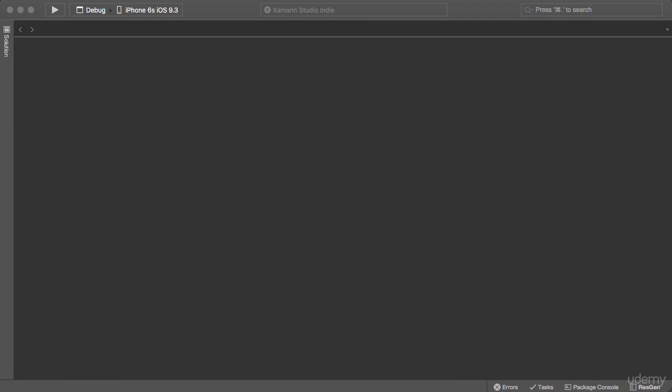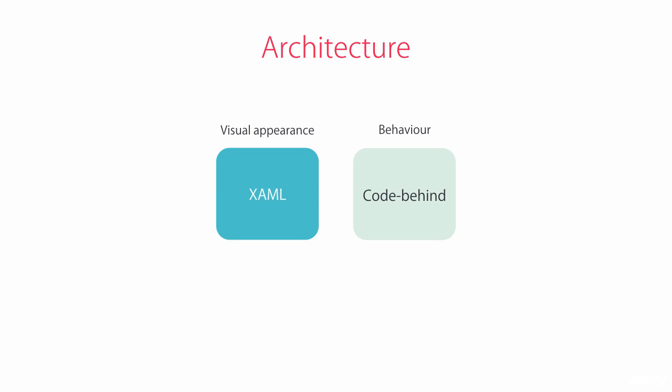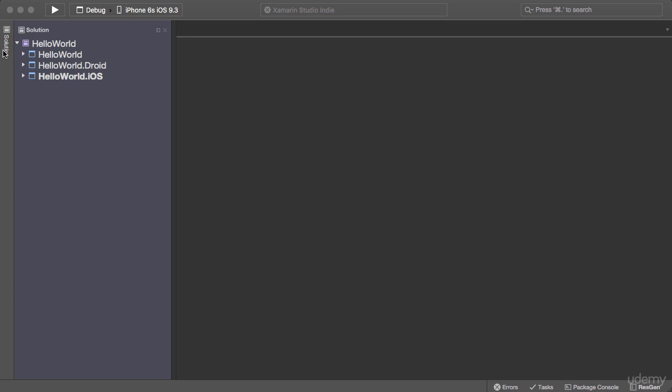All right, as I explained in the last lecture, I'm going to use Xamarin Studio in this course to do my development. If you want to use Visual Studio, that's perfectly fine. All the code I'm going to write is exactly the same. So as I told you earlier, in Xamarin Forms, we use XAML, which is an XML-based language, to define the visual appearance of our app. And we use code behind to implement how the user interface behaves. So I'm going to right-click our portable class library